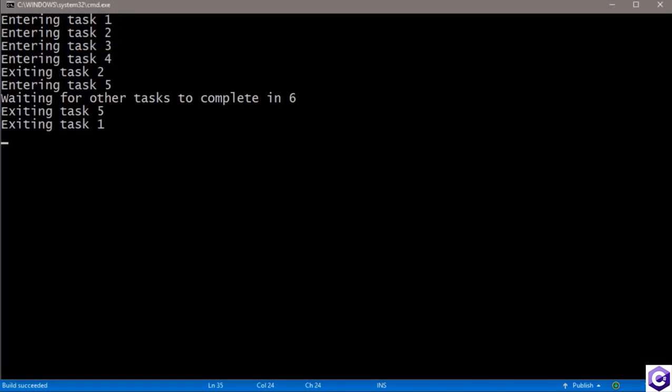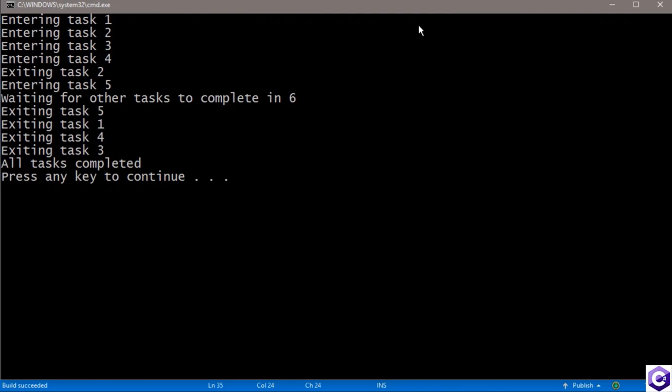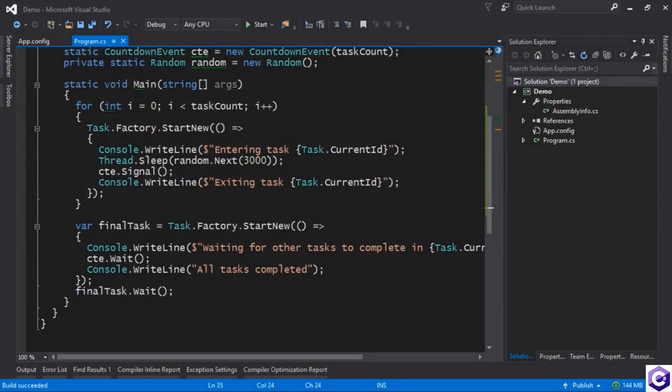And as you can see, we're in the process of executing tasks. At some point, we do start waiting for all the tasks to be complete. So we do start that task with task ID 6, but it cannot complete until every single thread is done. But once every single thread has signaled, then we can print that all the tasks have completed. So as you can see, it's a setup which is almost identical to the barrier, with the difference that instead of signal and wait, you have signal where you can just change the counter, and at some other location you can wait on that counter being 0, and if it is, then you get to execute whatever is